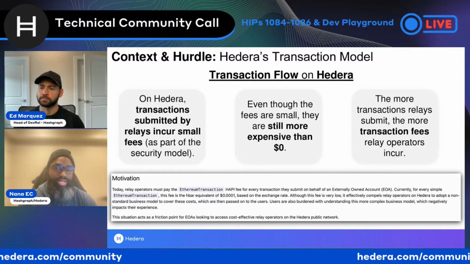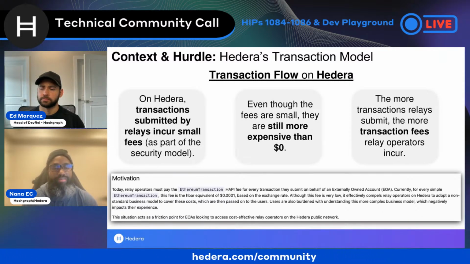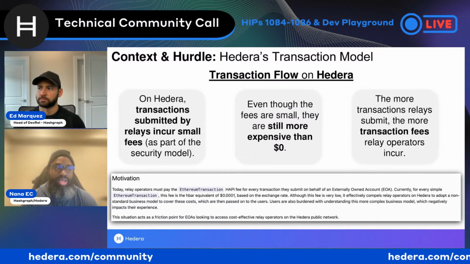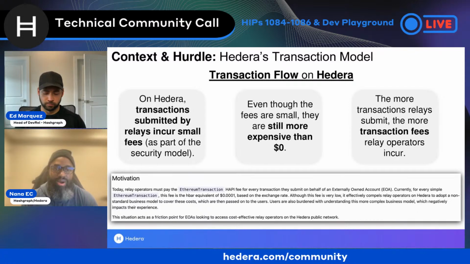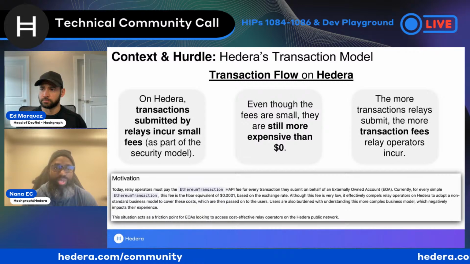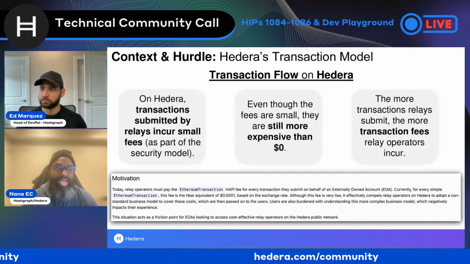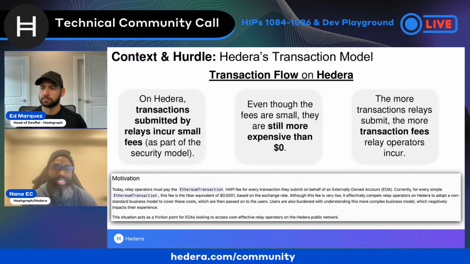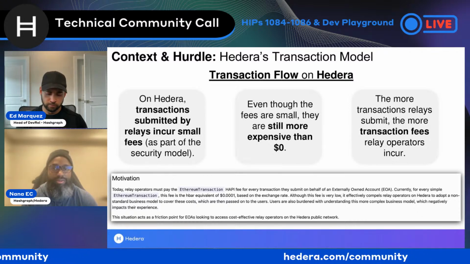If we look at Hedera, that's a little bit different, and for good reasons. With the benefits of low fees and highly performant consensus models, we do a little work upfront, and it's important for the availability of the network and also its efficiency to make sure that we cover that charge in a secure way. And so what that means is that anybody that's actually submitting a transaction to the network has to pay a small fee as a submitter, regardless of how the transaction goes, whether it's successful or not.